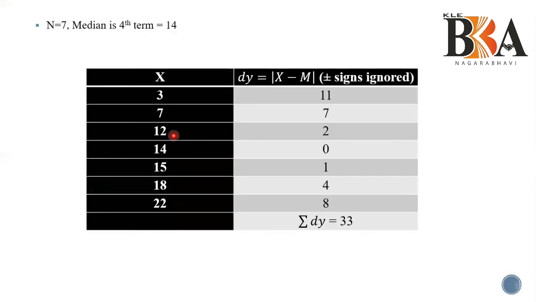In the table, the values greater than 14 will be your x1. The values lesser than 14 will be treated as x2, right? You should not take the number 14 itself, because we need the values greater than 14. You cannot consider 14 as a number. So the numbers higher than 14 are 15, 18 and 22. These 3 will become x1, that is sigma x1. The values lesser than 14 will become x2, right? That is 3, 7, 12. That becomes x2. This is the way you have to find the answer. Don't take 14 into consideration. It should be the greater terms only.